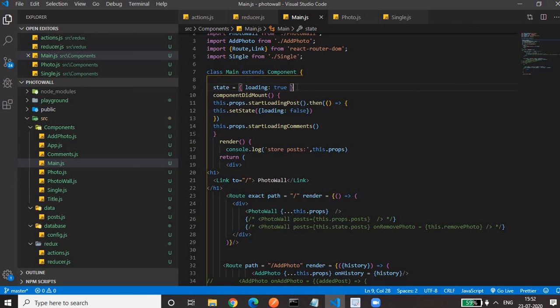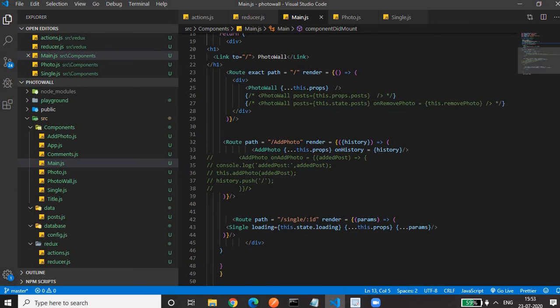That's why I have declared a state having a property loading as true. Then we are changing the state loading to false when this gets executed successfully. This getting executed successfully means we successfully fetched the post array from the database and we successfully triggered the load post action for loading the post array to the store. If everything gets completed, it means our data got successfully fetched and our store got updated successfully. Then we have to disable the loader. This is needed. Okay.